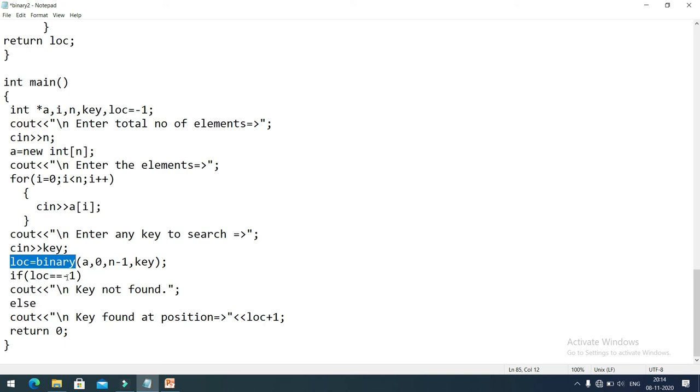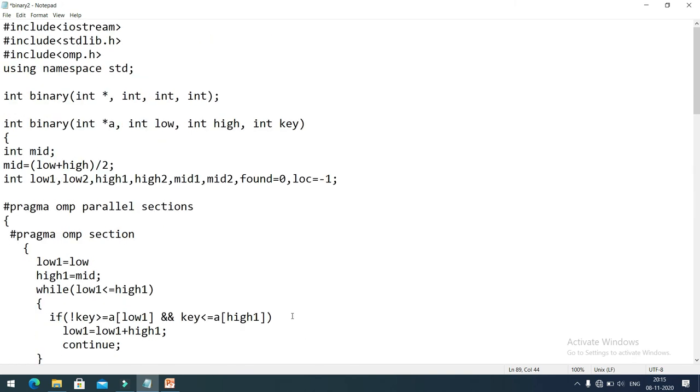If the location is equal to -1, which was the earlier declaration, if it doesn't change, that means our key is not found. Whereas if this is not the case, that means location contains some different value, so we will assume that we have found our element. So in that case we will return some different position. So that's it. This is the actual program.